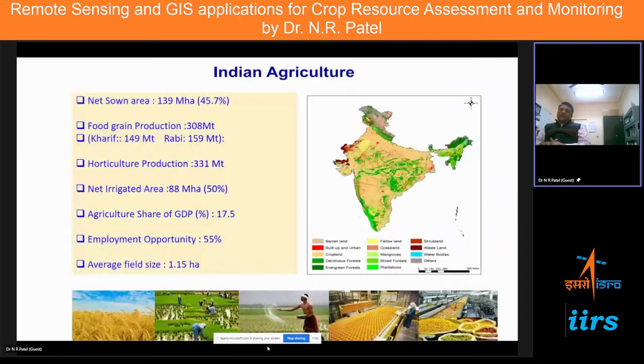So see the status of Indian agriculture. Net sown area is around 139 million hectare, and it supports food grain production; in 2021, almost 308 million tons of food grain production came from agriculture. Kharif around 149 and Rabi 159. At the same time, it also gives bumper horticulture production, fruit and vegetables, around 331 million tons. Over the last 20-30 years, there has been a tremendous increase in the irrigated area, and as of now,